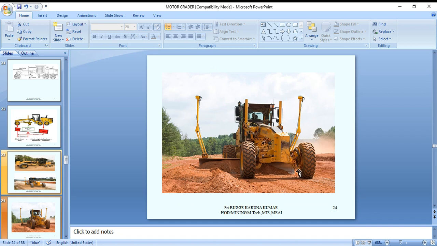And another is the moving of the blade sideways. This is also a special feature compared to other dozers. A dozer's blade alignment is in front, exactly according to the movement of the machine. The blade can be moved, but in the case of the grader, the blade can be moved aside more than the vehicle width. This is the spot you can easily observe here. So this is the additional advantage of the road grader.